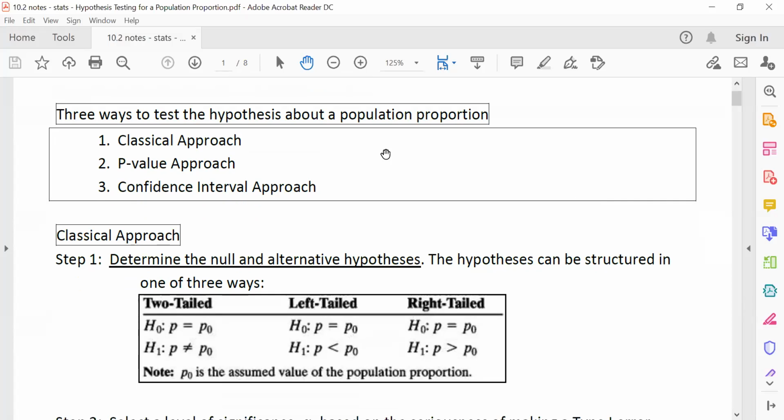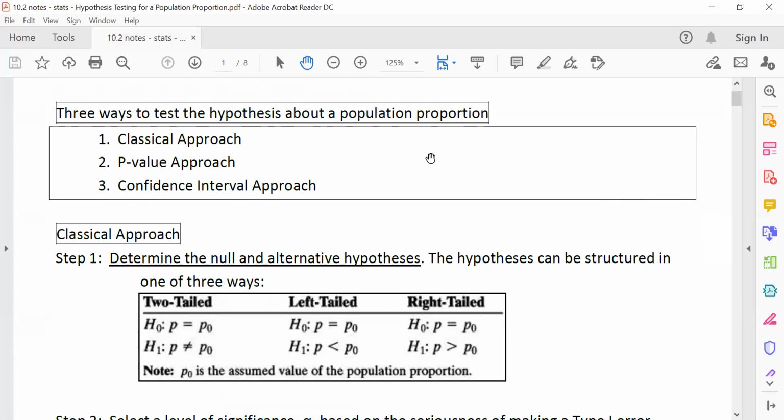There's going to be three ways to test the hypothesis. You can use the classical approach, which we will look at. Kind of the better way, in my opinion, is something called the p-value approach. The p-value is going to be a calculation we make after we collect our sample evidence. That is the probability of making a type 1 error. That is, the p-value will be,